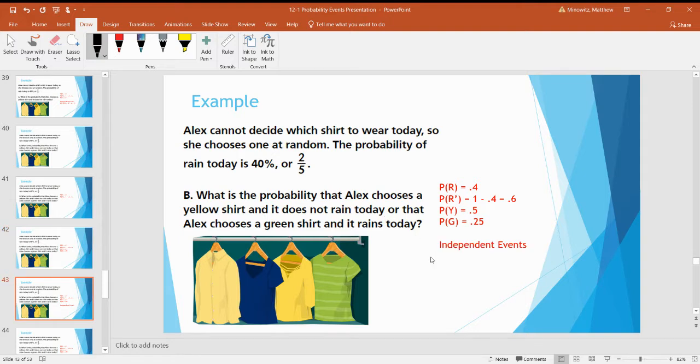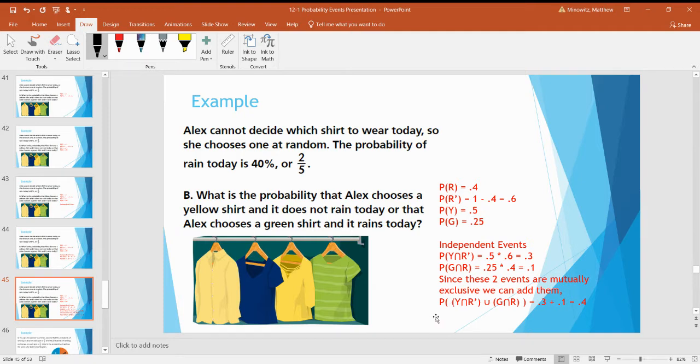So they're independent still, picking a shirt color and rain, not affected by each other, so we can use the multiplication rule. Now, we already did the top one, the probability of yellow and it raining. We multiply and get 30%. Now, we also want choosing a green shirt and it raining. 1/4 of the shirts are green, so 25%. Raining, we already said 40%. And now we can say